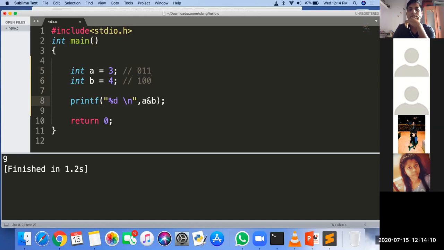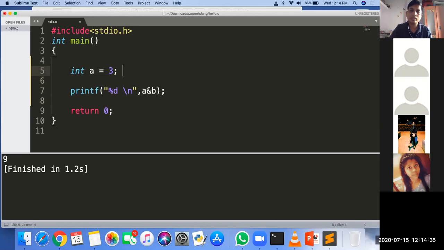The answer is 0, because you can see in the bit pattern, 1 and 0 is 0, 1 and 0 is 0, 0 and 1 is 0. Okay. So what are bitwise operators? We have already taken the examples. Now you directly tell me the answer.